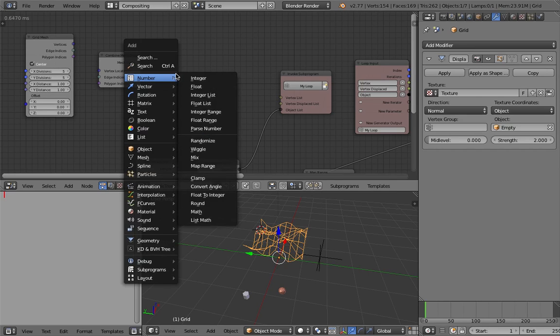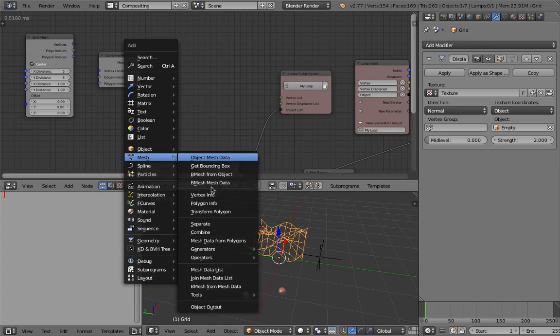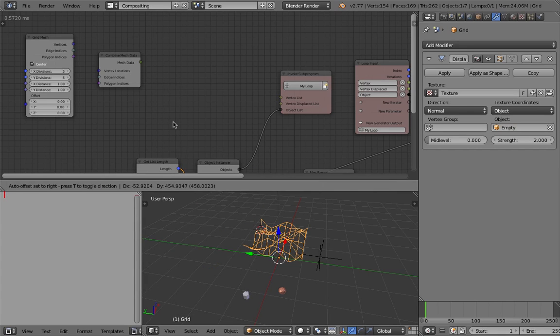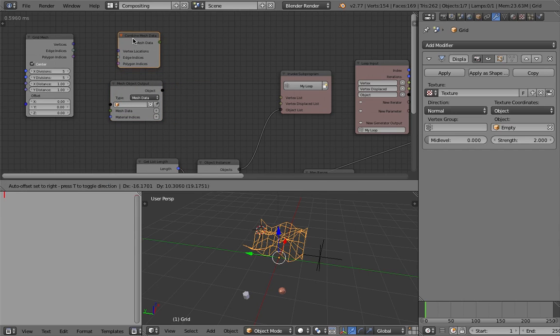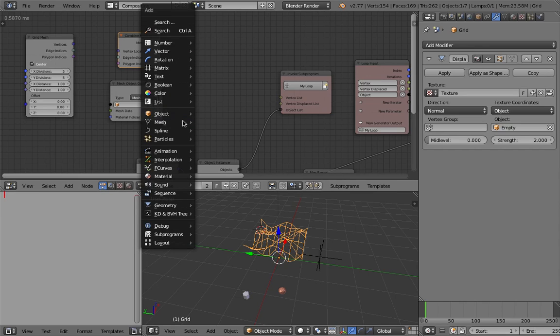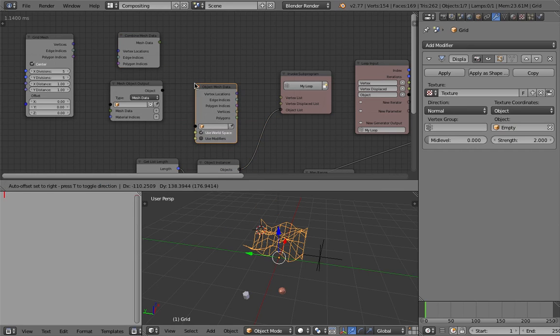Okay. Mesh data. I should not have done this. Mesh data, object mesh data, mesh data from object.